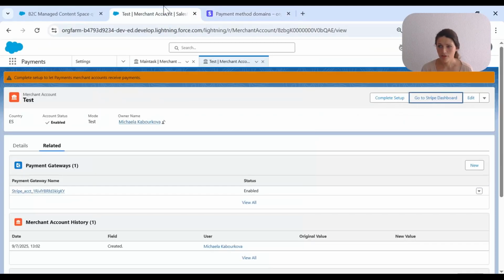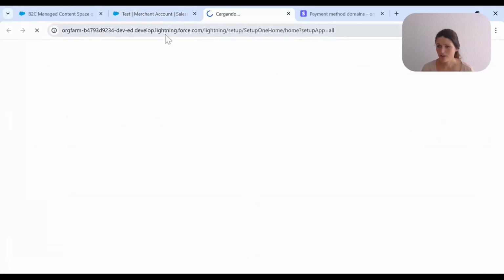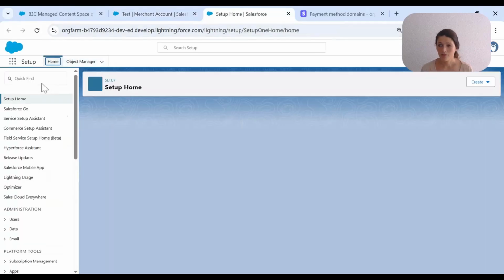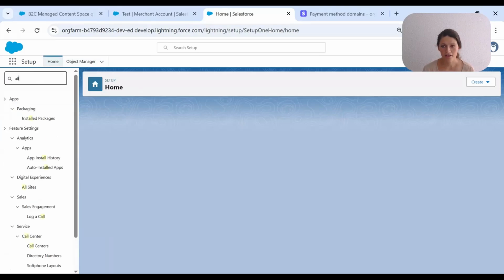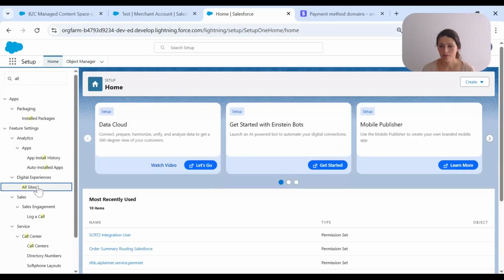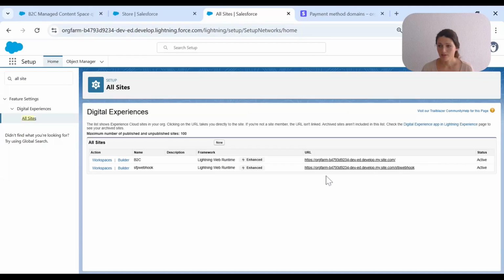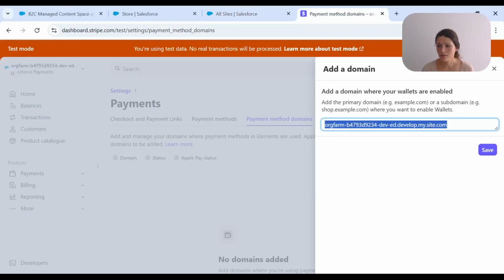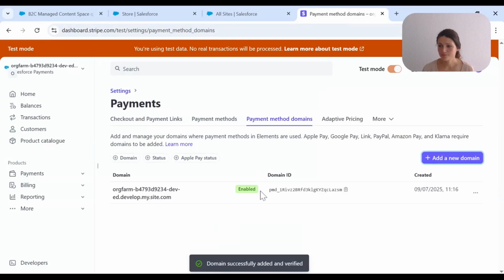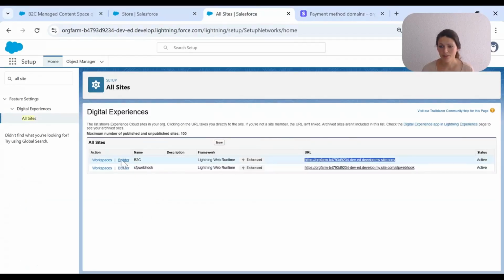I will also show you where to find it because we will go there anyways. So in all sites, and you can see the URL here. Just copy and paste it and save. Now it's automatically enabled. Now let's go to set up our page, open Builder,